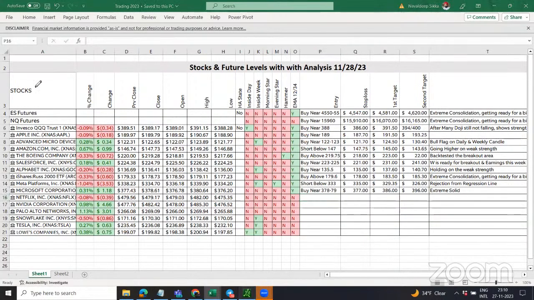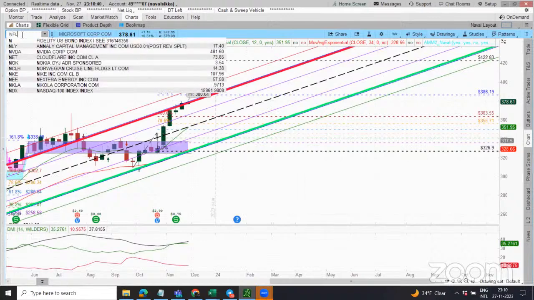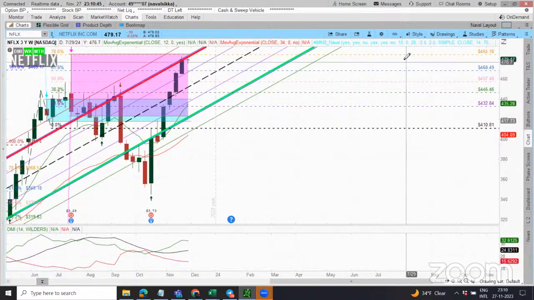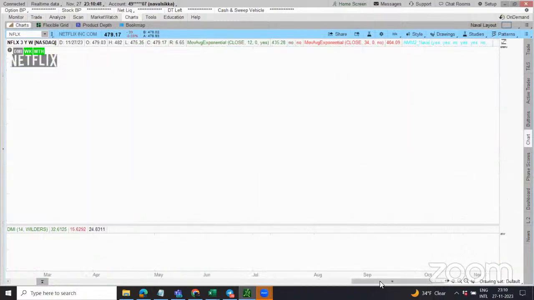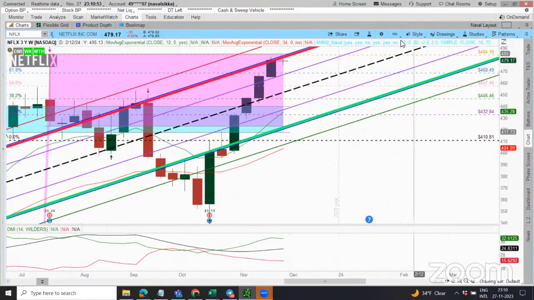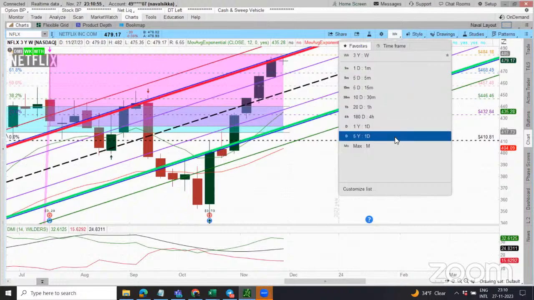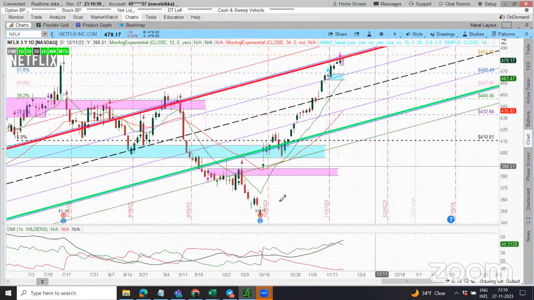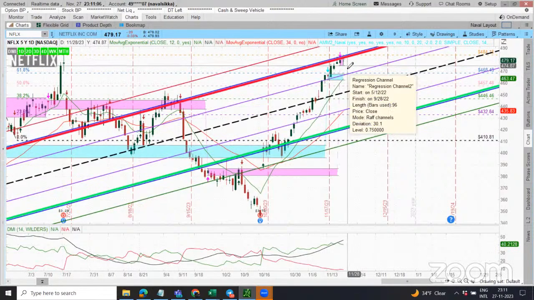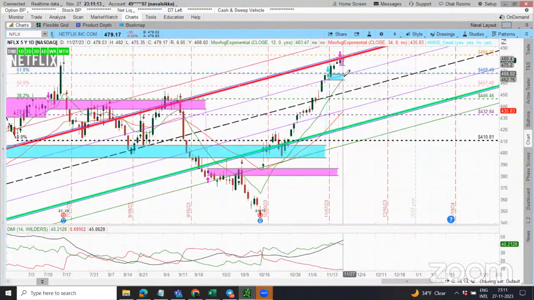Then I have Netflix. I tried a very small position today to see if we can break down, but no, it went higher. And again, it's making a dodgy move, which it had made last time into the earnings. So I'm a little skeptical whether it will continue, because it has seen some resistance around 484. I still think it is going to hold 475, which it did today. So any opportunity for it to come to 470,